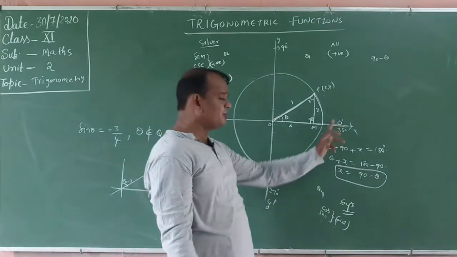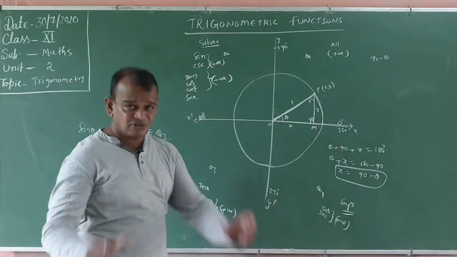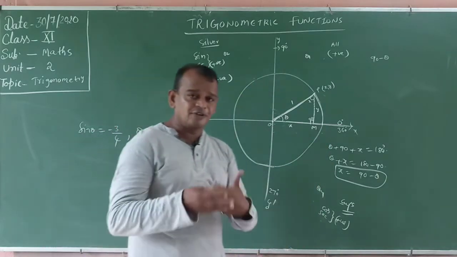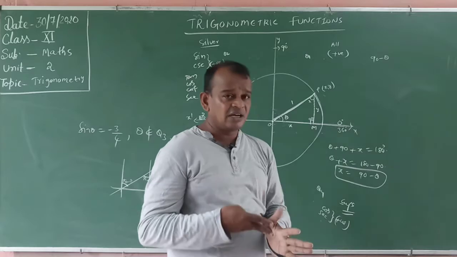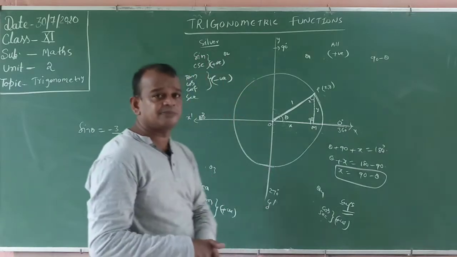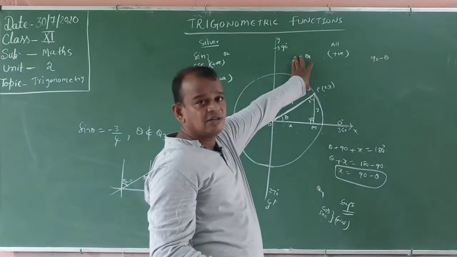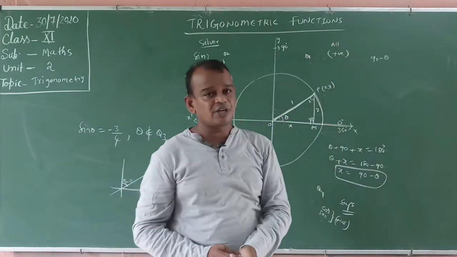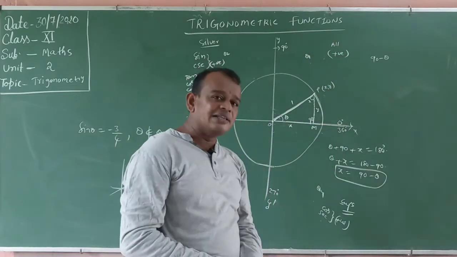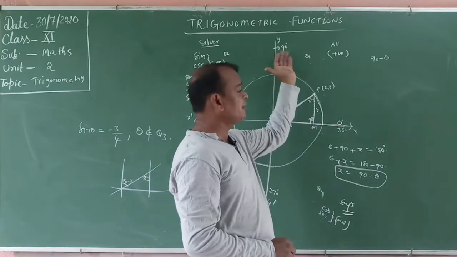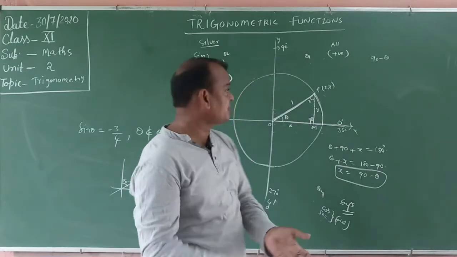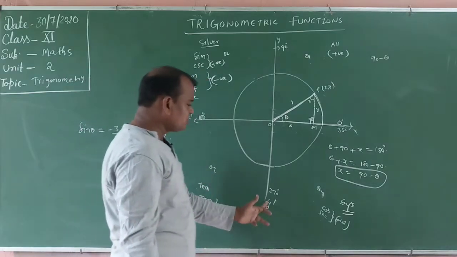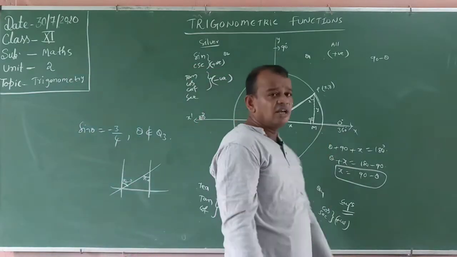Now this is 270 to 360, the fourth quadrant. First we remember what the coordinate system is. The coordinate system is divided into 4 parts. How to define the trigonometric ratios in the coordinate system? Now what is the first? All Silver Tea Cups. In this, what is the meaning of all? All trigonometric ratios are positive. What are the angles? 90 minus theta, means 0 to 90 degrees, 100%. 90 to 180 in the second quadrant. Next, 180 to 270 third quadrant. 270 to 360 in the fourth quadrant.